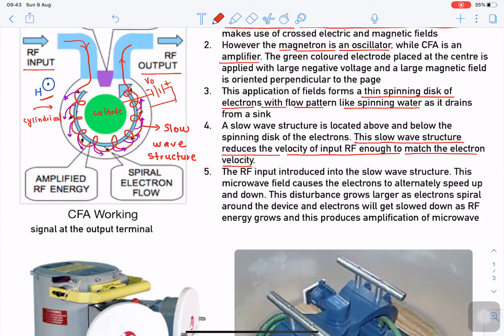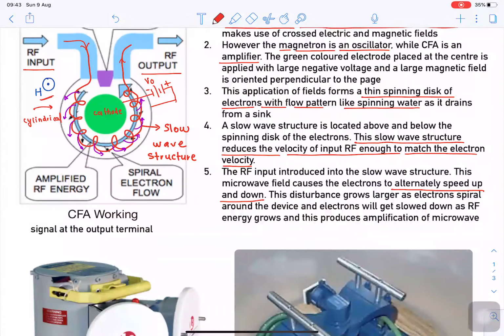As the microwave field causes the electron to alternately speed up and slow down, essentially the same process is taking place here again: slowing up and slowing down of the electron propagation speed. This process we already know, and we know it as velocity modulation. So in this particular tube we are utilizing a feature of a traveling wave tube, that is, we